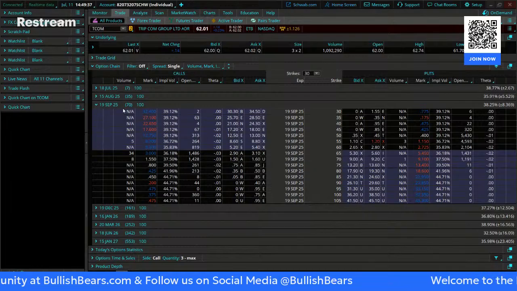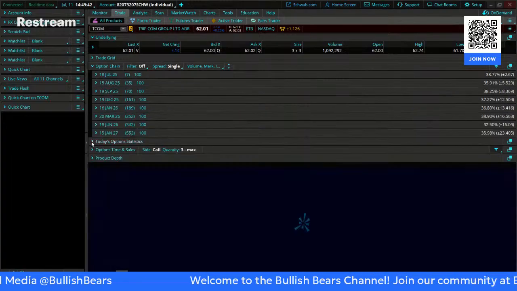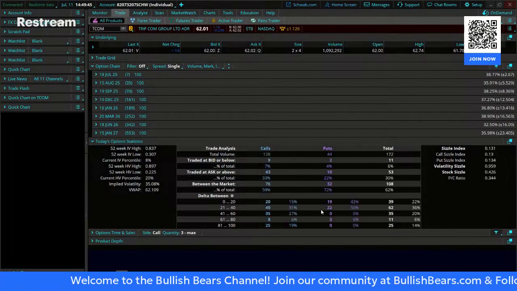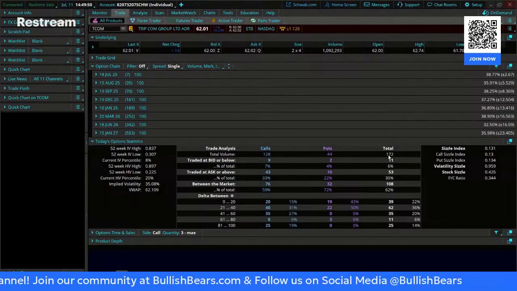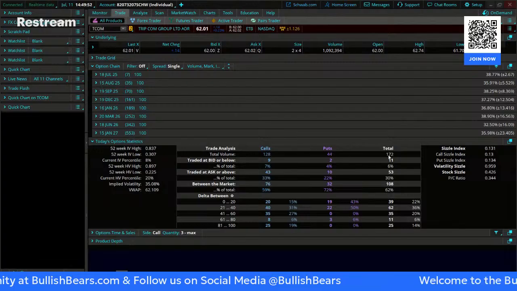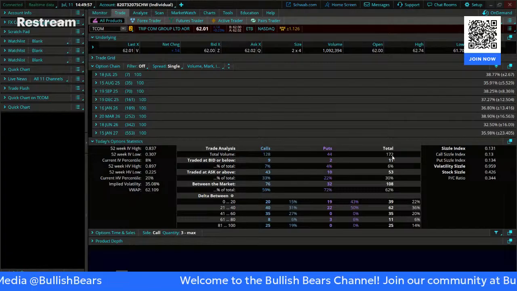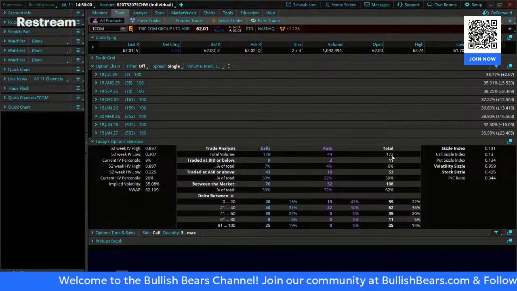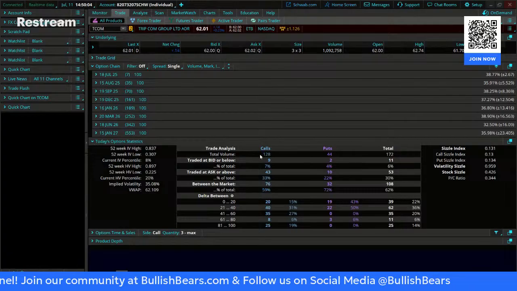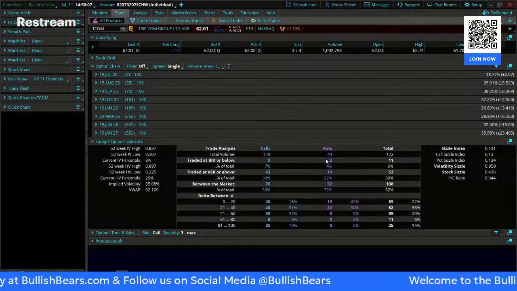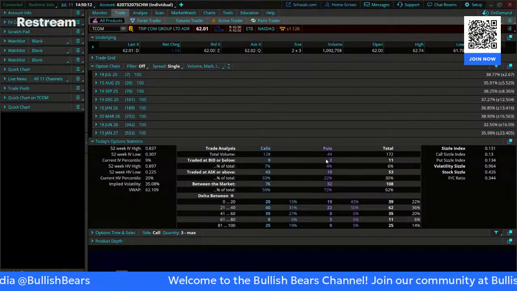But we can still go deeper and we can look at, well, what kind of volume are we getting? None. Down at the bottom of the screen are the statistics for the options that are traded today. In the entire trading day today, there were 172 contracts traded. The person in the chat traded two of those, so 170 were from others, two were from that trader. 128 calls, 44 puts, that's all the options traded right there. That is not a lot of options trades.